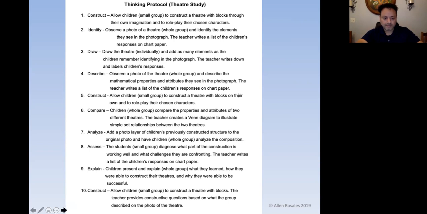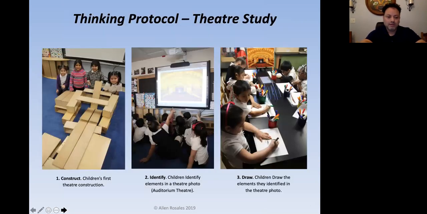So I'll show you the whole protocol. In step one, and I'm going to ask for your feedback on this protocol afterwards, think about your takeaways for this experience and how you can see yourself using this in your classrooms or at your centers, and so forth. So in step one, the children constructed a theater. And what happened is during circle time, the whole group,